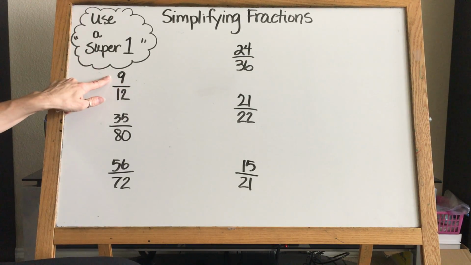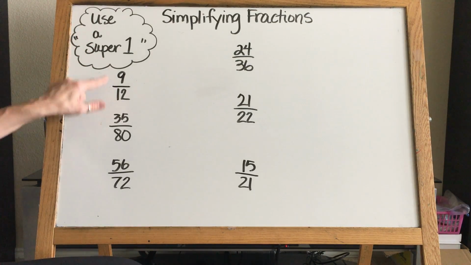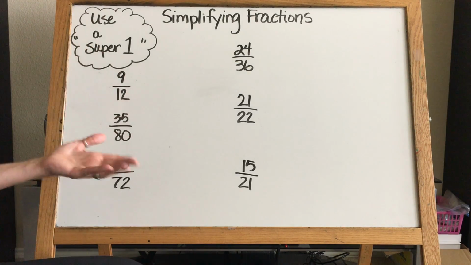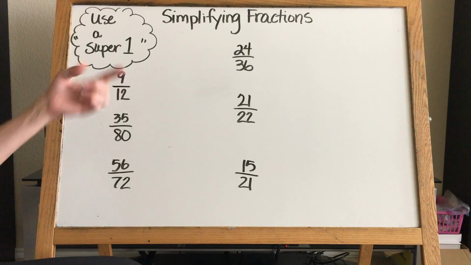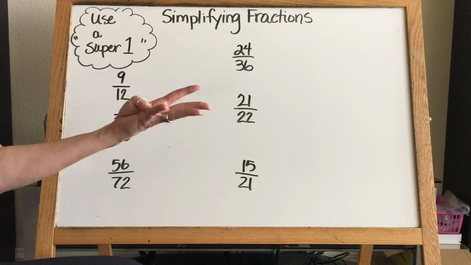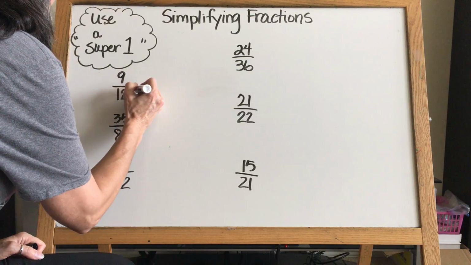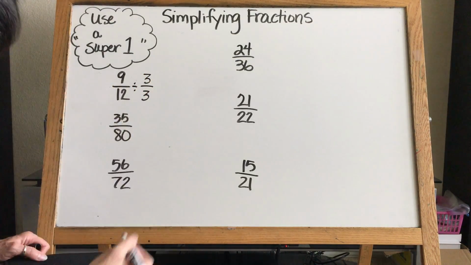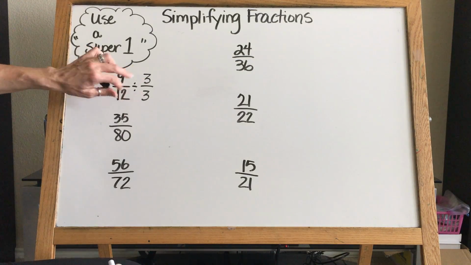Well, I always start with whatever the numerator is, and I ask myself, does 9 go into 12? Is 9 a factor of 12? Well, it's not. So what else makes 9? Well, 3 does. Does 3 go into 12? Is 3 a factor of 12? 3, 6, 9, 12? Yes, it is. So as soon as we find common factors, we are going to divide by that super one. Okay, so if 3 is a factor of 9 and 12, then that's what we're going to divide both of